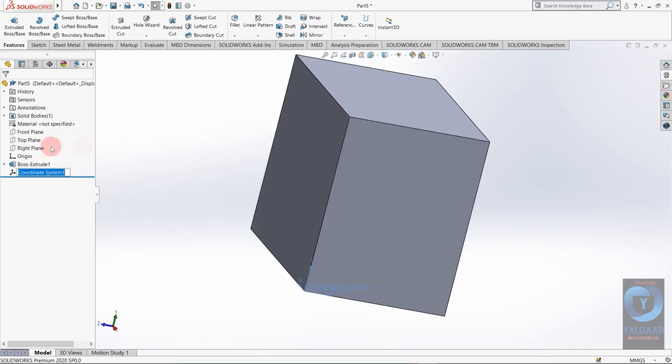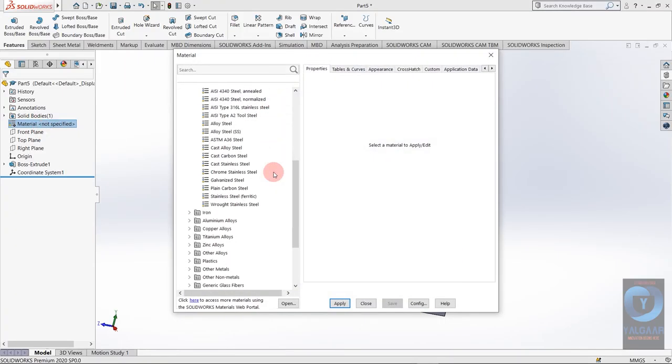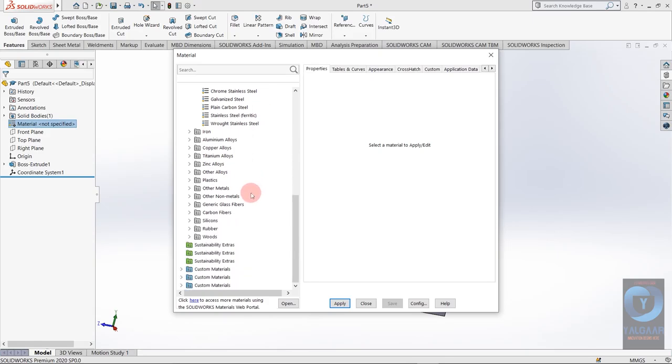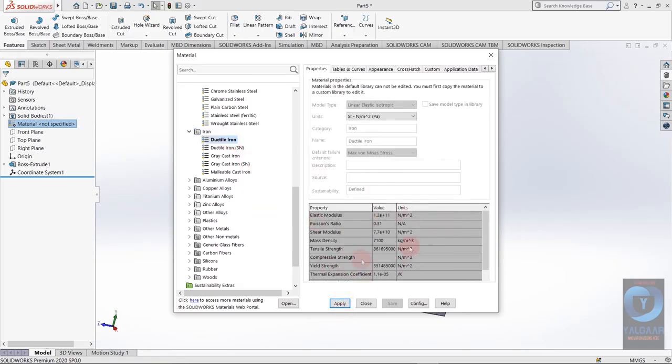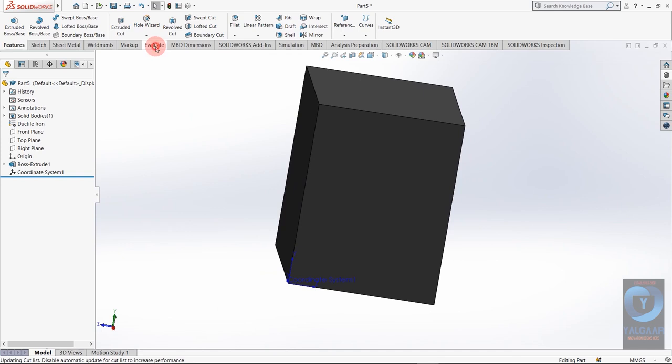Now I'm going to assign a material for this cube. Edit material. I want iron. As you can see, there are multiple options. You can select any one you want. I am going to select ductile iron. You can see here properties, apply and close. Now I am going to evaluate